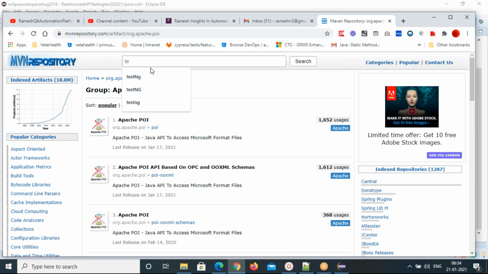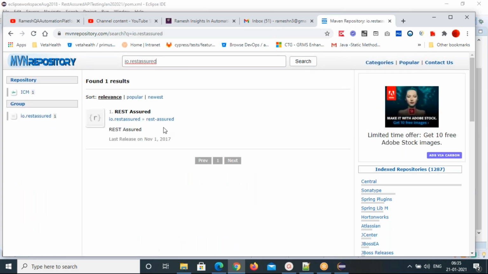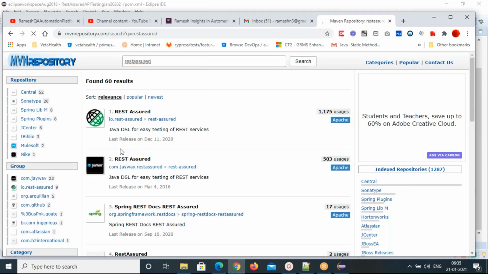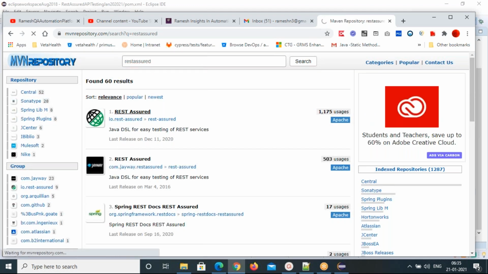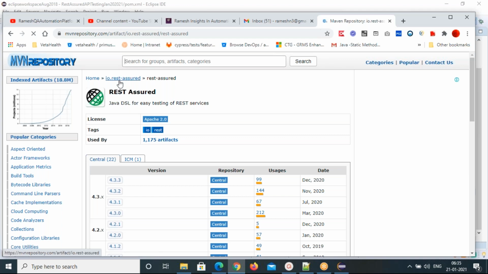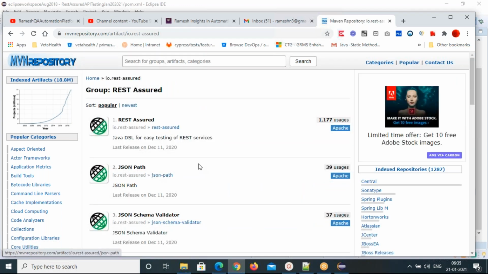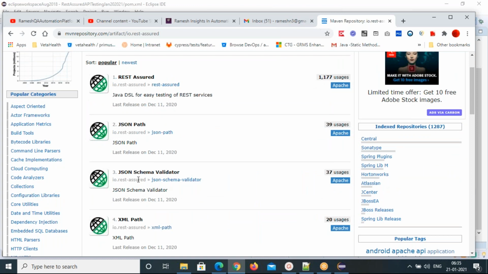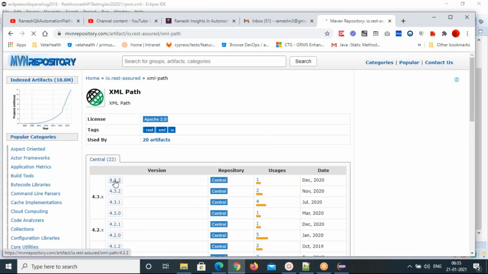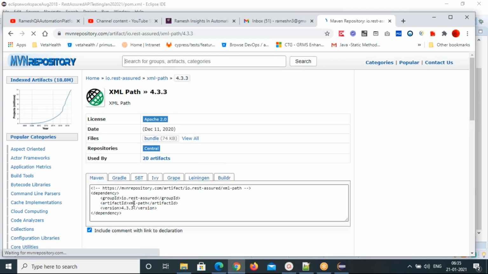So RestAssured. Just go to the Maven repository and type RestAssured. So anything pending, we'll see that. Get the proper one, the globe icon will be there. Okay, this one is the right one. And go back, you'll get it. Yeah, so JSON path we already did. JSON schema validator, XML path. The next one is XML path. Let's add XML path also. Copy